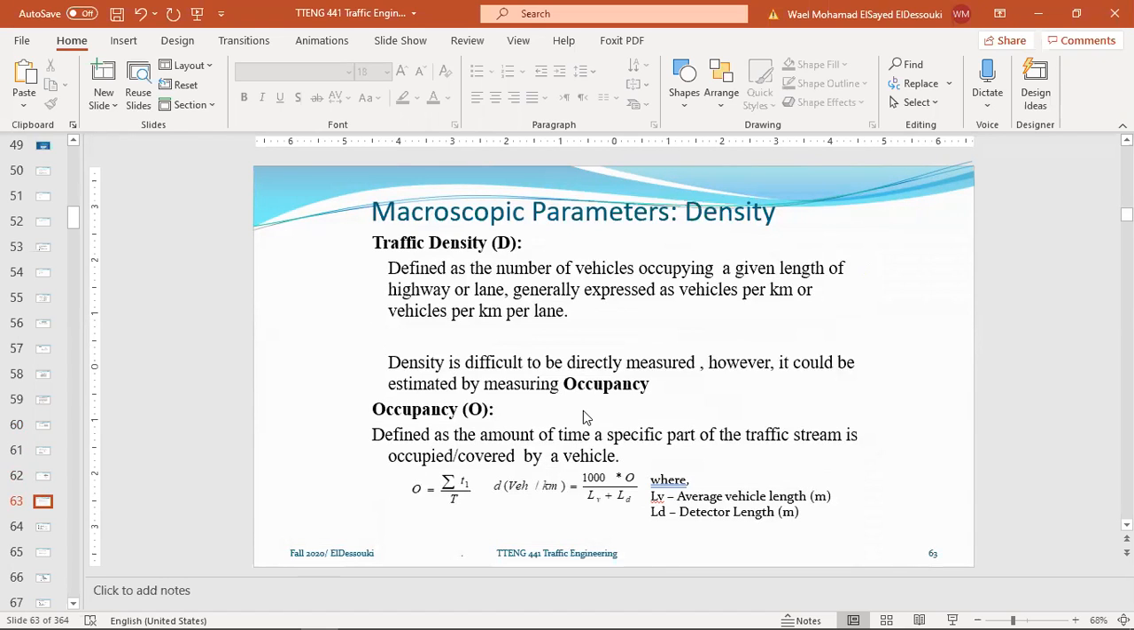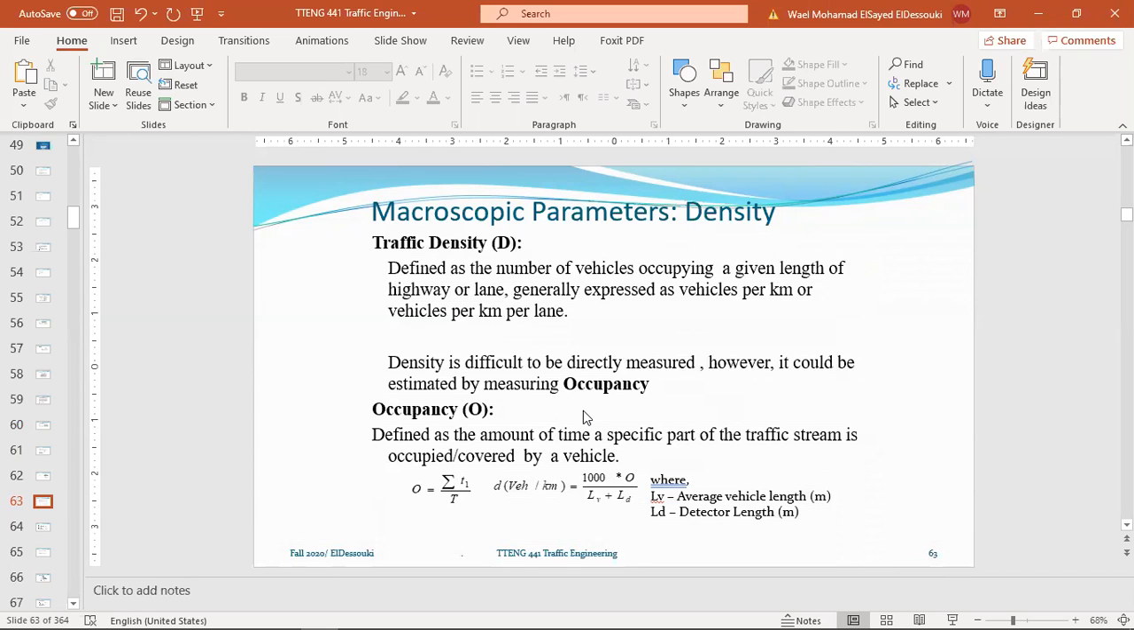Traffic density. What's the definition of traffic density? Traffic density is defined as the number of vehicles occupying a given length of a highway or lane, generally expressed as vehicles per kilometer or vehicles per kilometer per lane. Density is usually difficult to measure directly. It's problematic for direct measurements. You need to have an aerial photo, for example, to calculate the traffic density. But we rely on